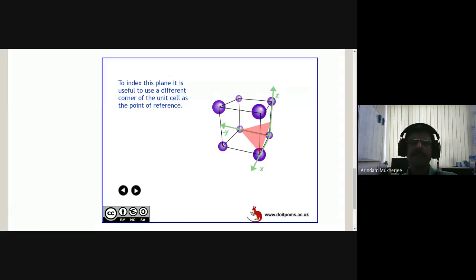index a plane. So that's why, for this particular plane, if you take this as origin, you will feel, oh, it's passing through the origin. That will create a problem. Clearly this plane is not comfortable when you take this one as origin and try to calculate. So you have to take a different origin. That's why we move the origin.